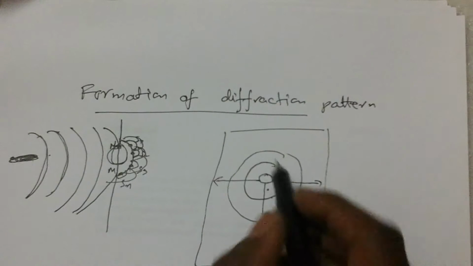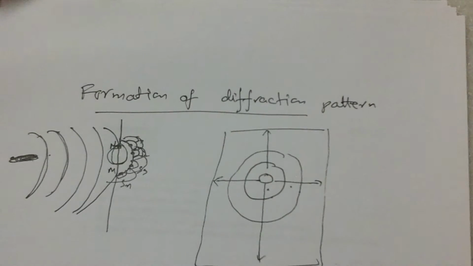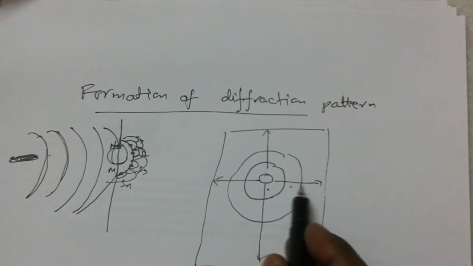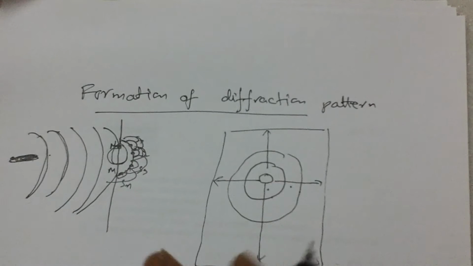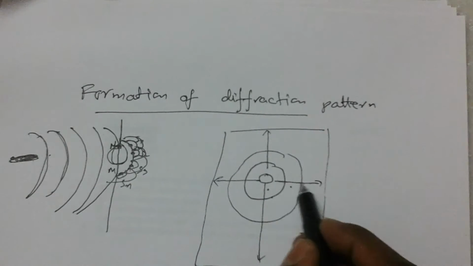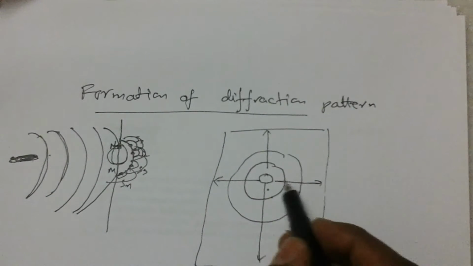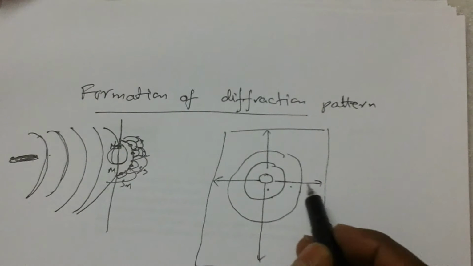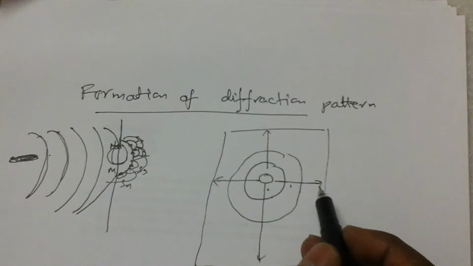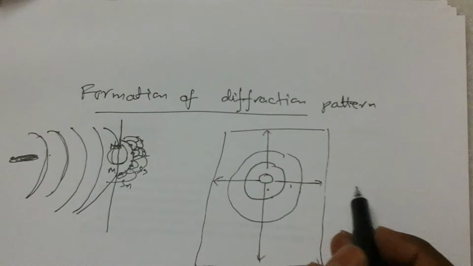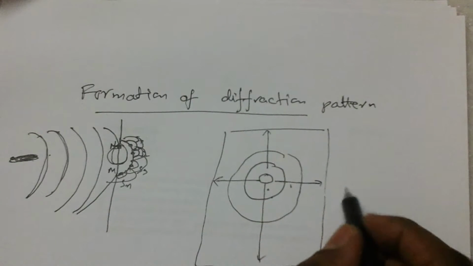As you go to the left side, the right side, down, or top, as you go in any direction from the center, the bright fringe diameter decreases, the bright fringe disappears and appears totally dark. Means if you go this side, up to a certain extent bright and dark fringes exist. The bright fringe intensity gradually decreases and finally becomes dark.